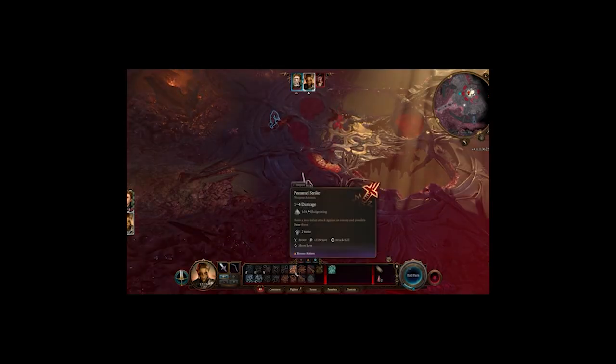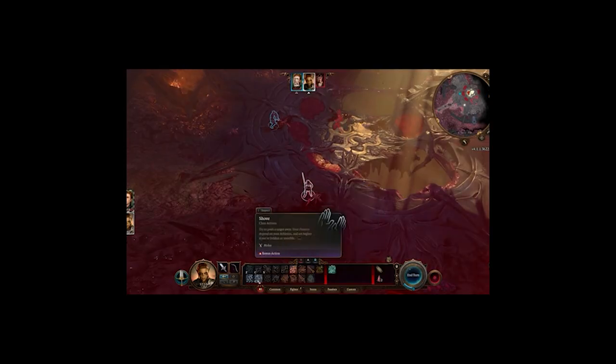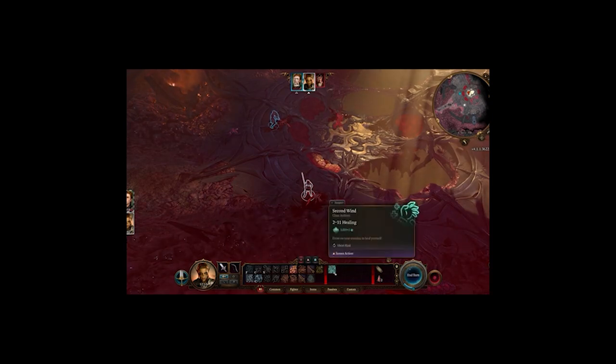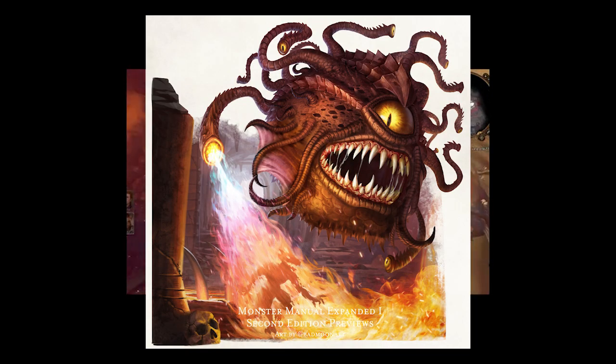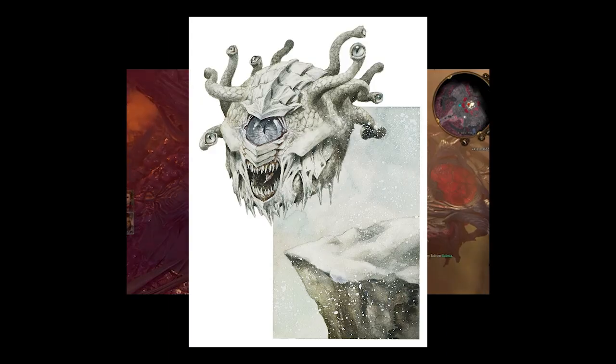So the state of the game at this point wasn't really focused on lore or history or anything like that. It was more focused on combat and miniature combat, so a lot of details for monsters and things like that weren't really expanded upon. But we did get some variants at this time. There were two variants of beholders at the time. So there was the Eye of Flame and the Eye of Frost beholder.